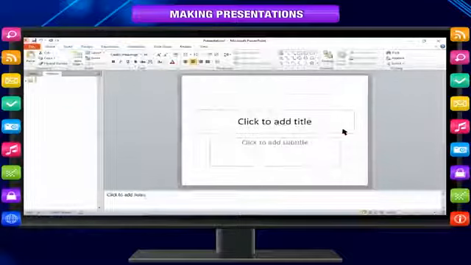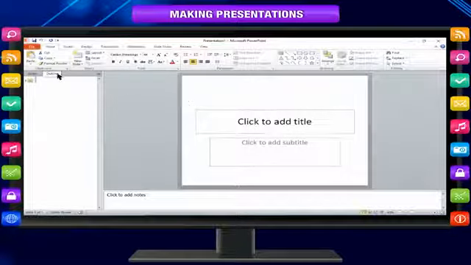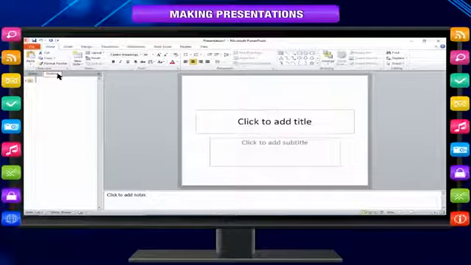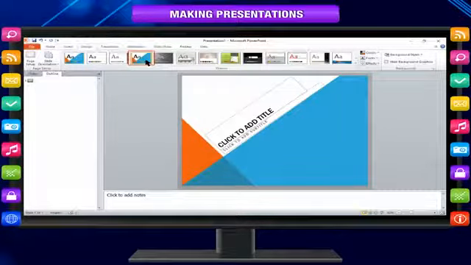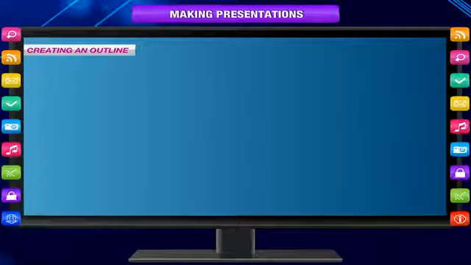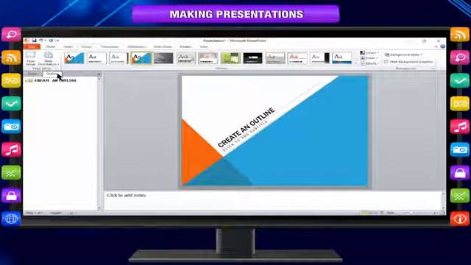The left side of the slide window contains the Outline and Slides tab. Click Outline. Create an outline. To add color, formatting and a consistent layout, apply a template. Save the presentation. Creating an outline. Click the Outline tab to organize and create a framework for your subject matter. The Outline tab helps you to think through your information and place it sequentially on each slide.